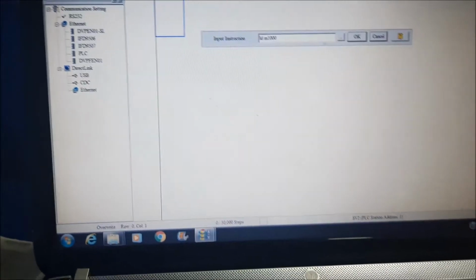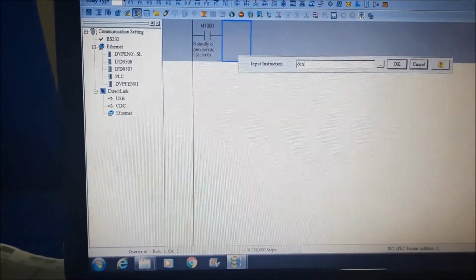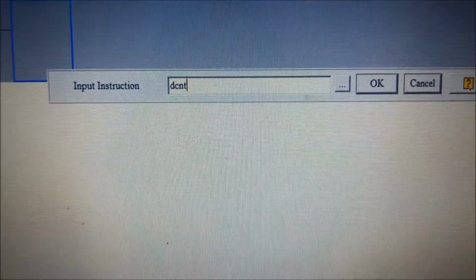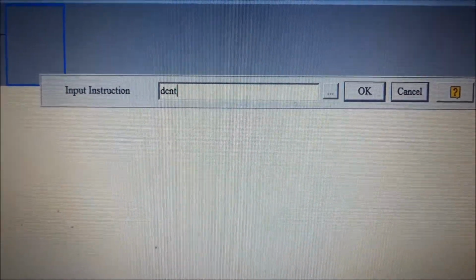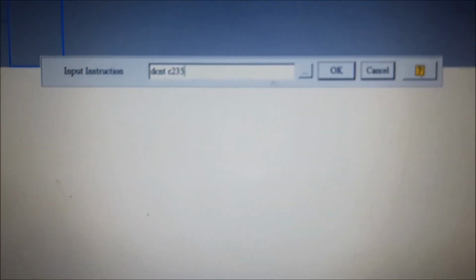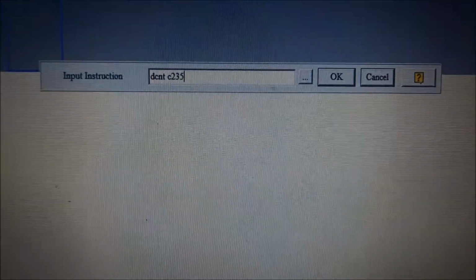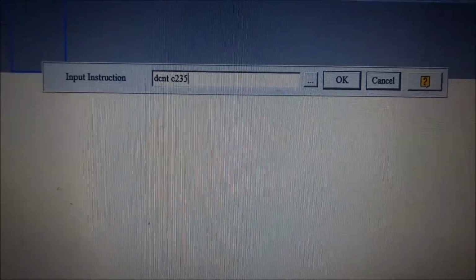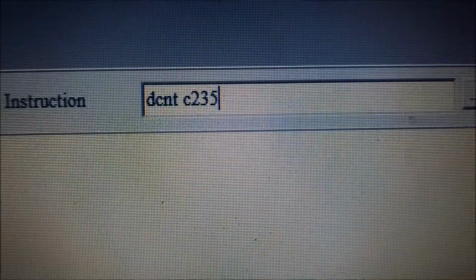M1000 and DCNT. There is a function DCNT, and C235, the counter in which we are going to take the encoder counting.